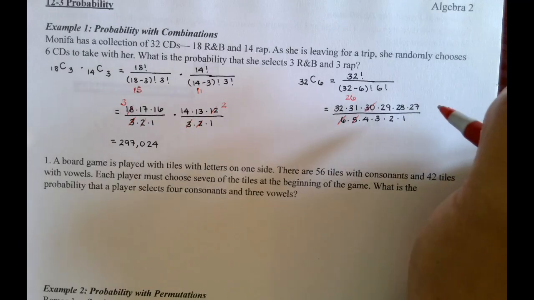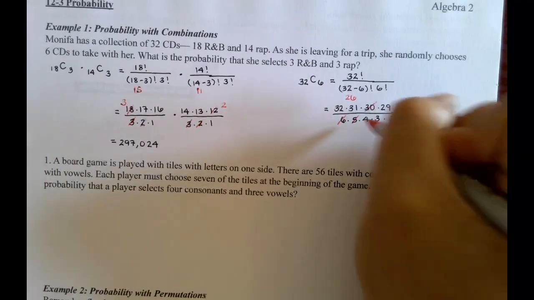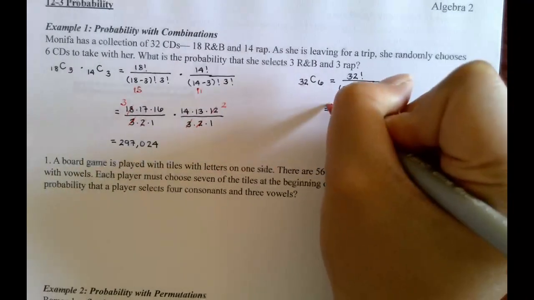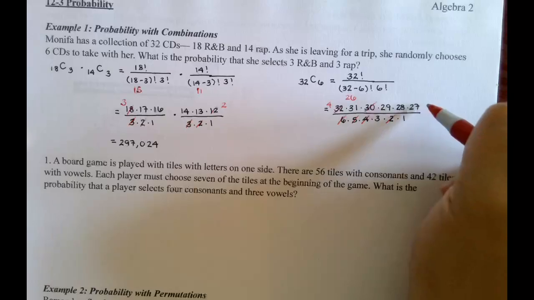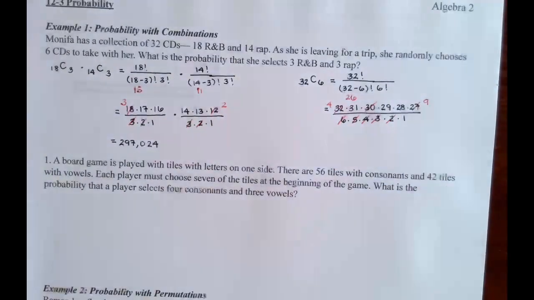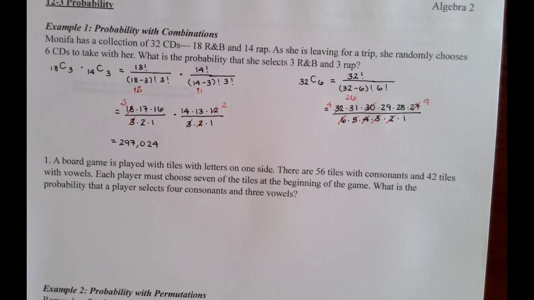Sorry, trying to divide things nicely. Okay, so we can do 8. How about that? So 4 and 2 make 8. 32 divided by 8 is 4. Okay, and then 27 divided by 3 is 9. Okay, and so then this becomes 4 times 31 times 29 times 28 times 9, and that gives me